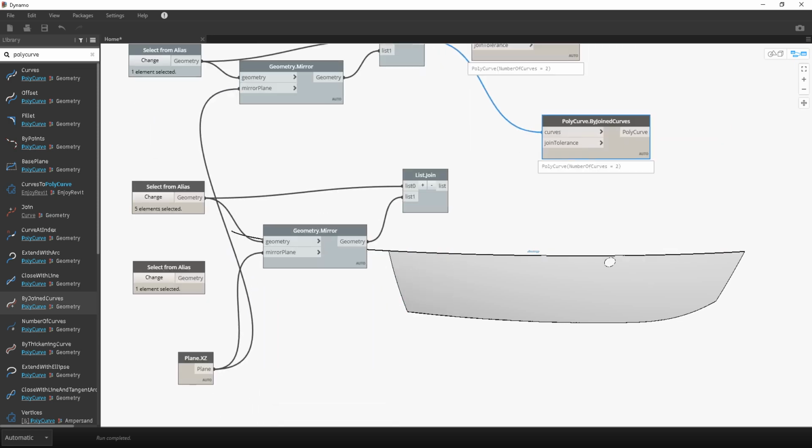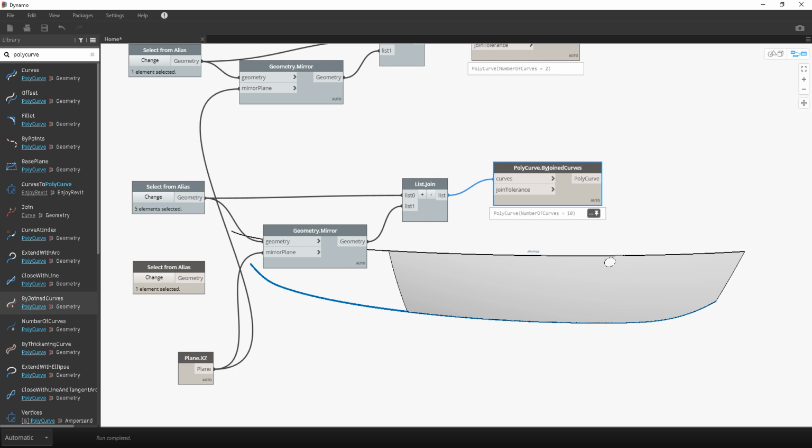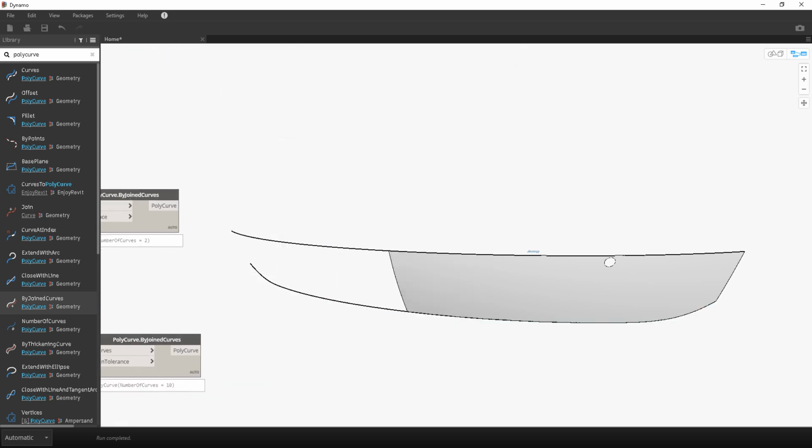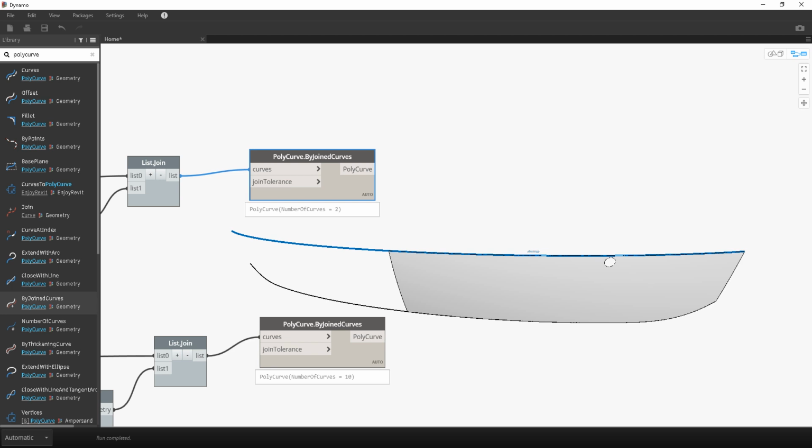Please note that the curve disappeared, right? Because of course, no, sorry, it doesn't appear because it's turned on here. So now I don't see any curve. They're all turned off. But now I can take this and I have one single polycurve out of my NURBS curves selected from Alias. Okay, so what I'm gonna do next, I will create some points which will be located at this curve,